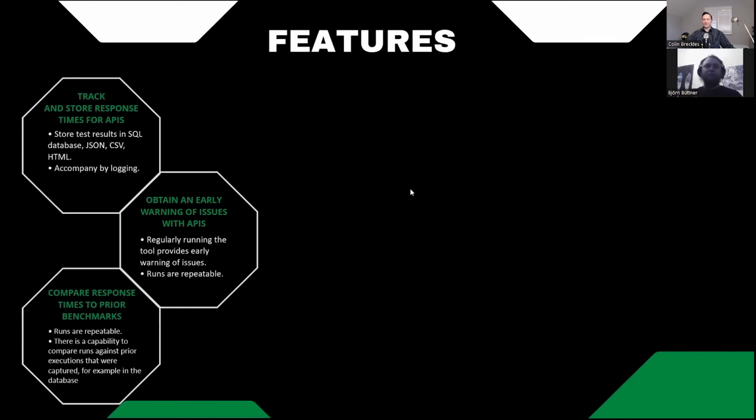As I mentioned, the response times of prior benchmarks need to be compared. The capability to compare those is easiest in a database, but for more manual usage or for other tools using it, obviously JSON and CSV are provided, as well as an HTML output, so you can have a visual look